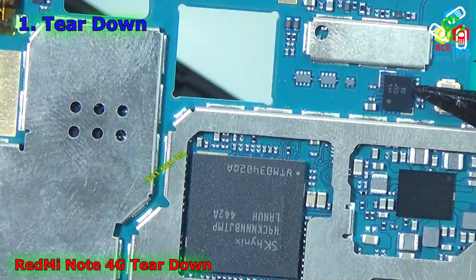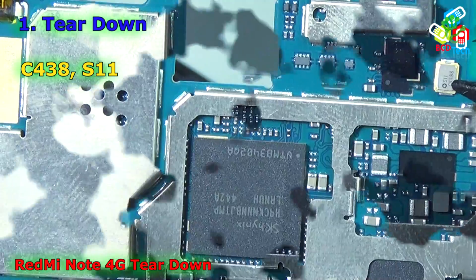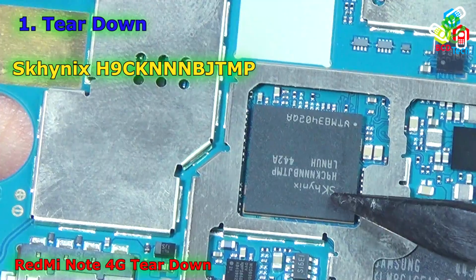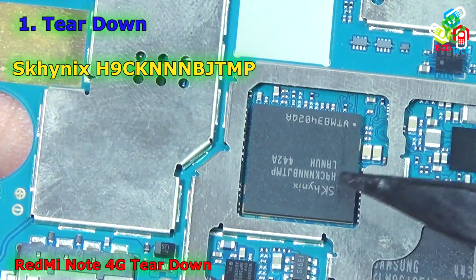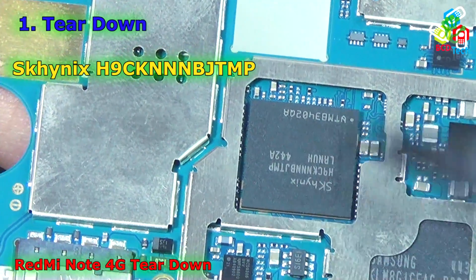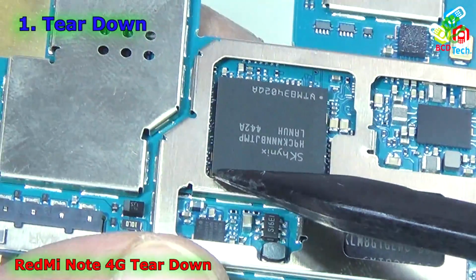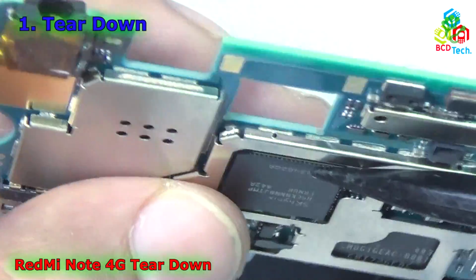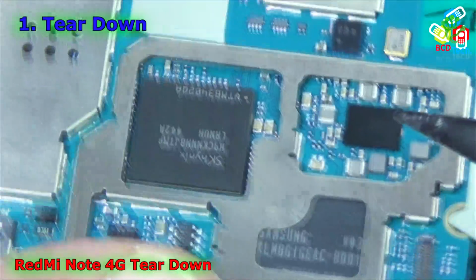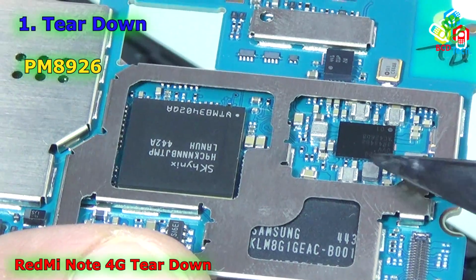Here you can see that it is 44101P Q2Q, and that oscillator is C438S11, and that is memory, that is Hynix H9CKNNNBJTMP, that is the main memory. And below that is the Qualcomm processor, you can see that the processor is underneath that, and that is the power IC, that is PM8926, that is a power